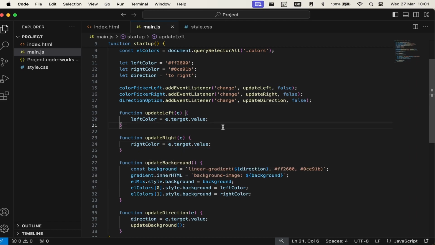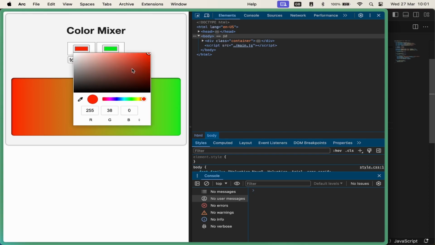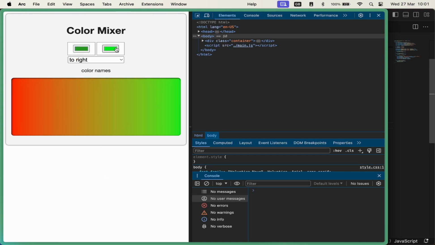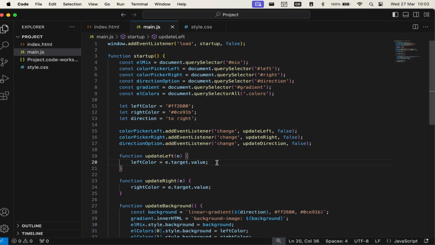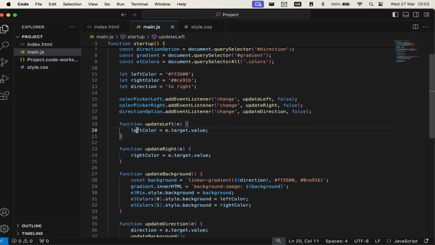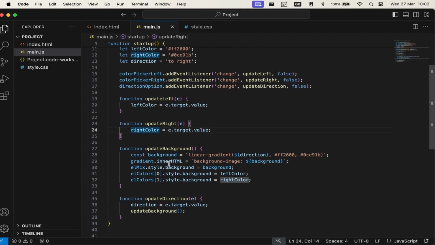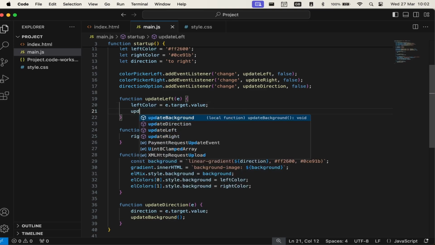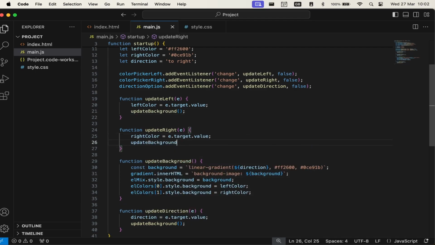So I think that's okay now, and let's go again. Let's try now. We will change and nothing happens. What do we miss now? And here we go. We're updating the values here, but what we forgot to update is the background itself. So yes, we're updating the values, but the background method is not invoked. So all we have to do now is to add update background in here, and then in update right as well,